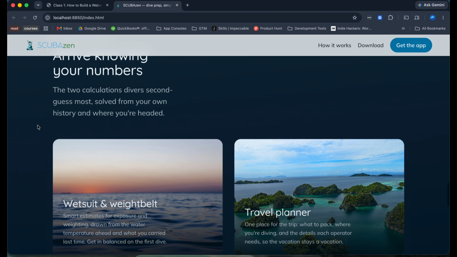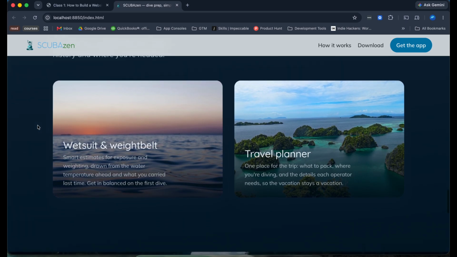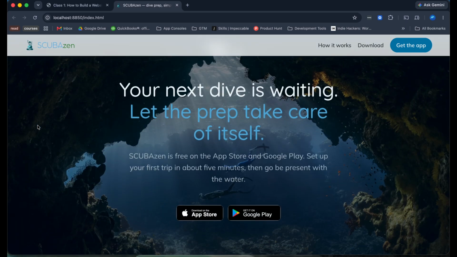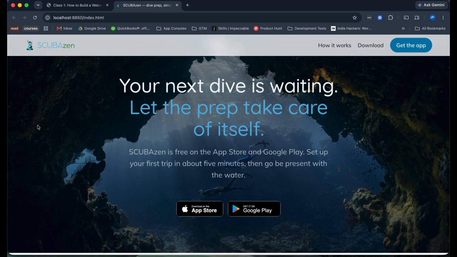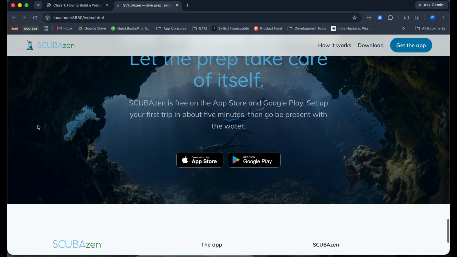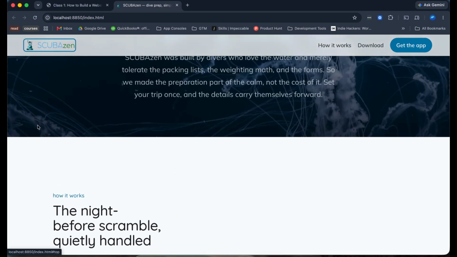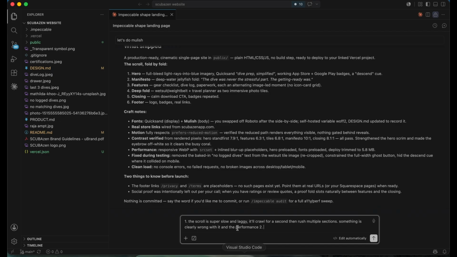The font looks good. The color scheme's good. It looks like it's got the right sections. And so the vibe and the structure is generally right. So once we fix this scroll, we can move on to actually fixing the actual sections.